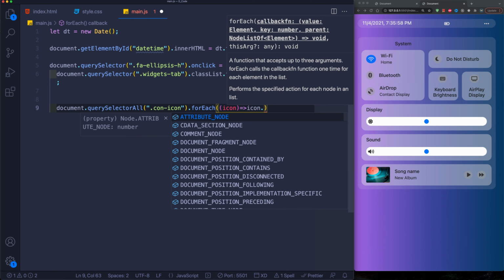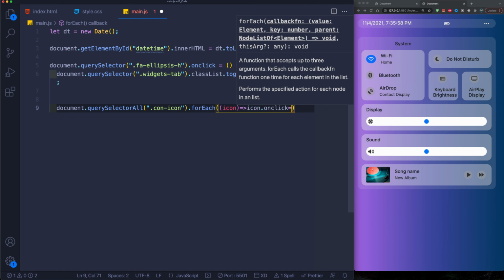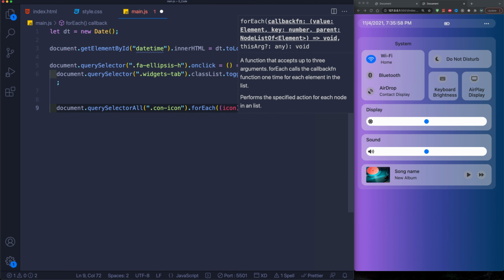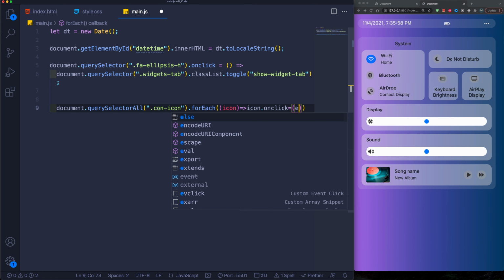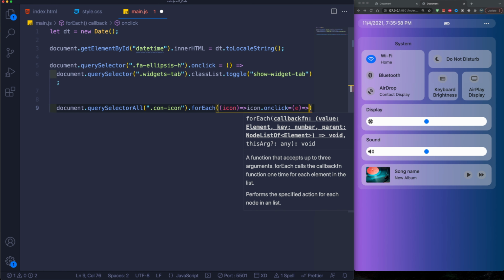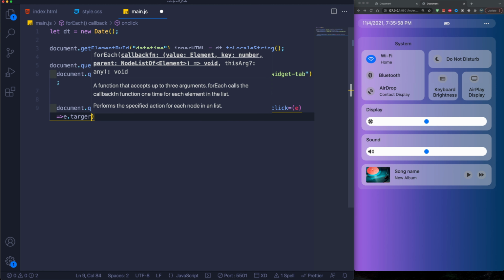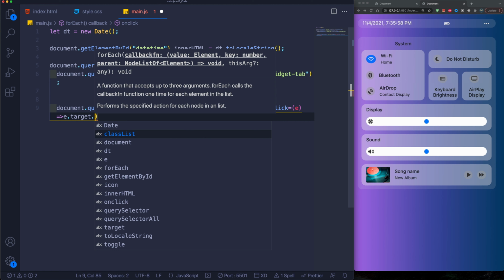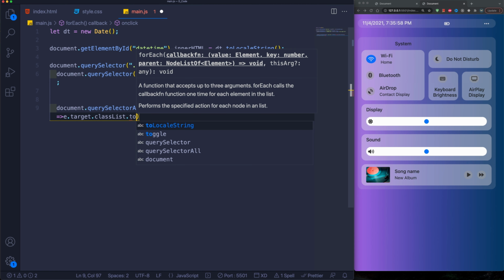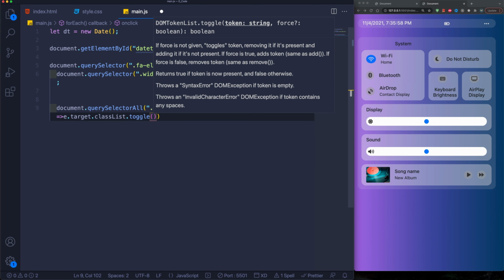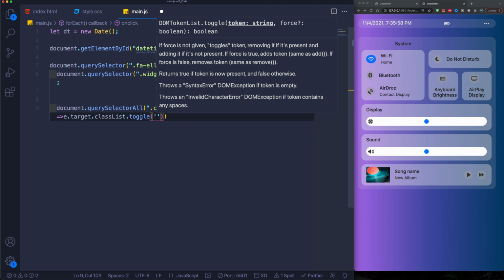So on click, and when we're clicking on them, we're going to grab onto the event itself. Then when we have the event, we're going to target it. So the event that was targeted, target, we're going to grab onto its class list, and we're going to toggle the class of active